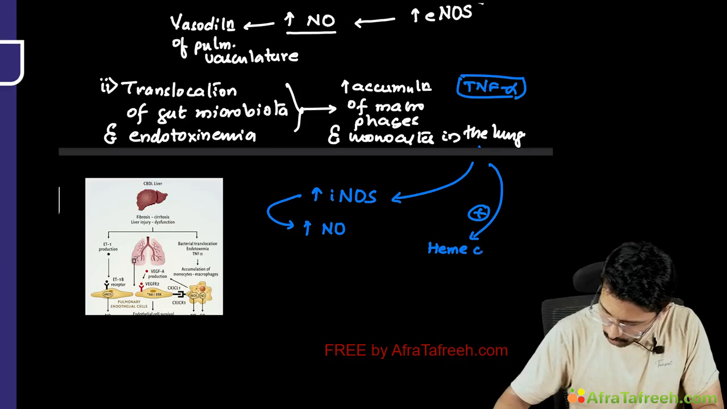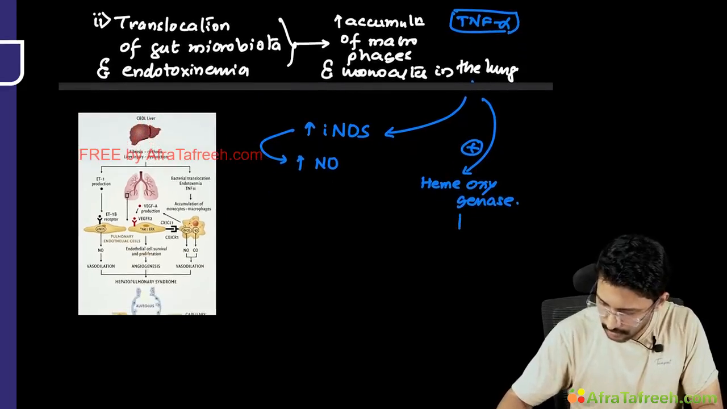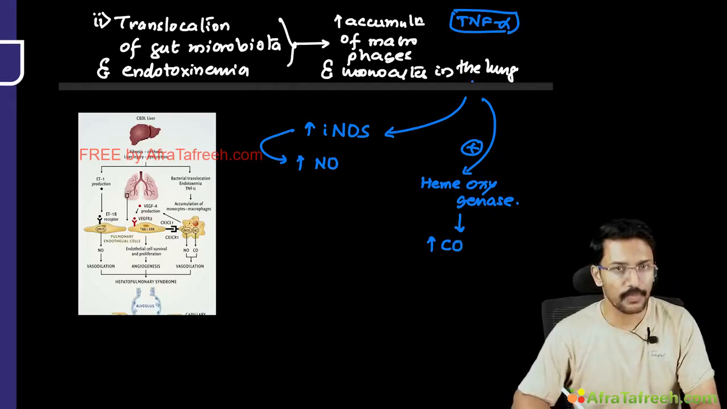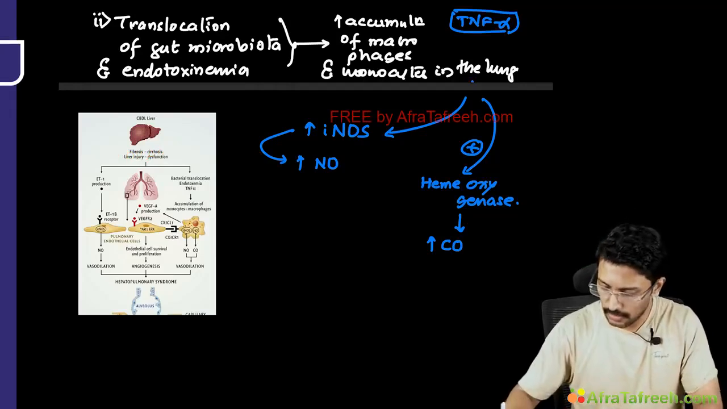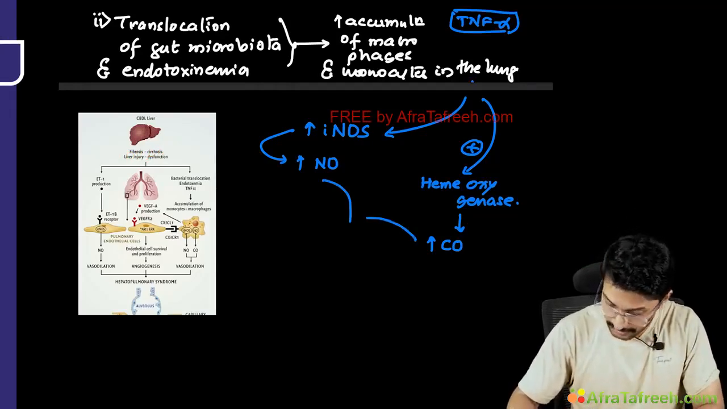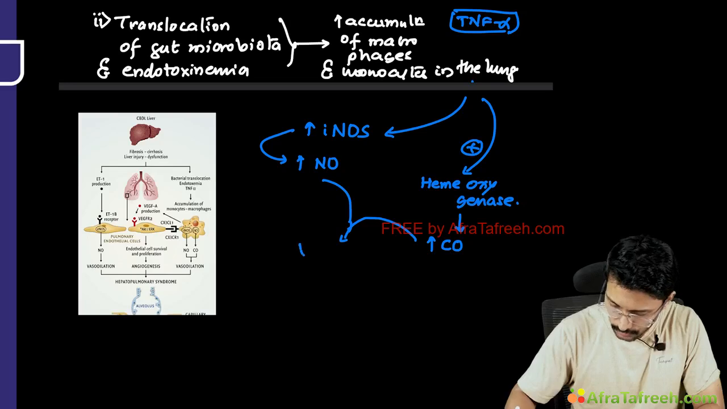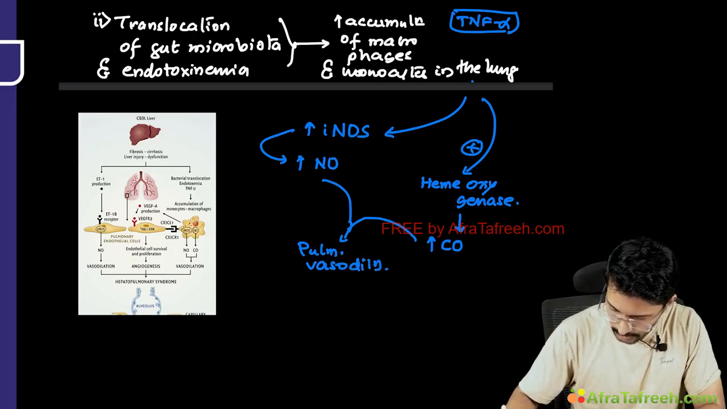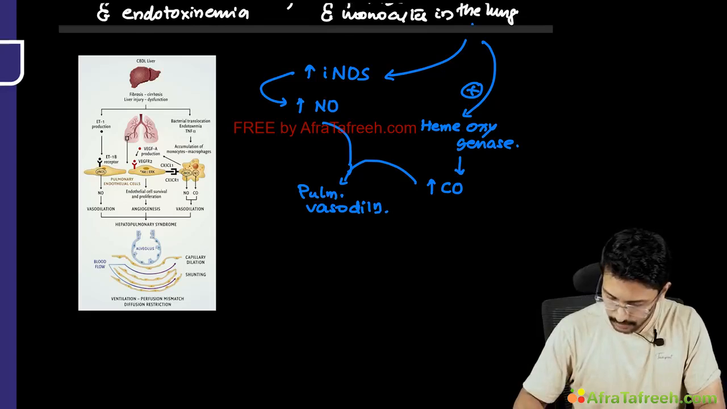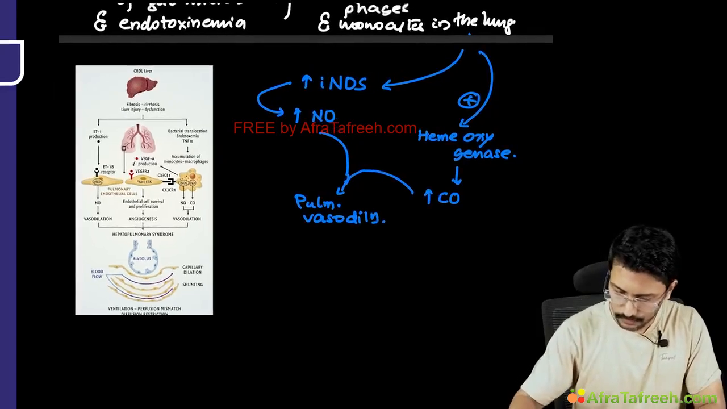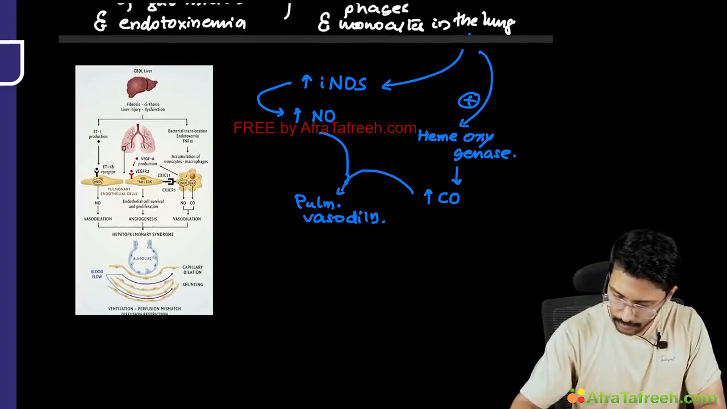heme oxygenase, which will lead to heme degradation, and heme degradation will lead to increased production of carbon monoxide. Okay, now we also know that carbon monoxide is a potent vasodilator. So this carbon monoxide and nitric oxide both can contribute to pulmonary vasodilatation, right? There is significant pulmonary vasodilatation happening, and we have to also remember that this activation of macrophages and